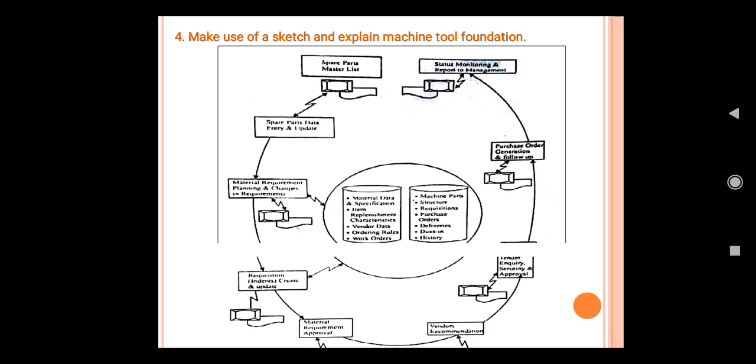Next question: make use of a sketch and explain the machine tool foundation. With the help of that sketch, the machine tool foundation can be explained. So this is a brief sketch regarding the machine tool foundation. First, spare parts data entry and updation. Material requirement planning arrangements are to be checked, requirements are needed, material requirement approach, vendors revamping and inquiry